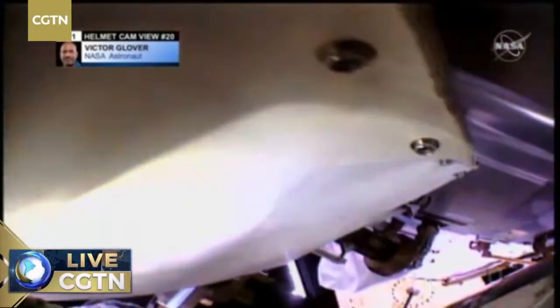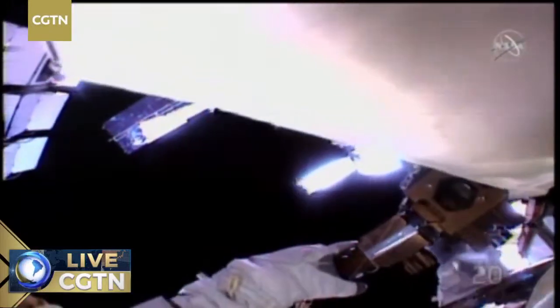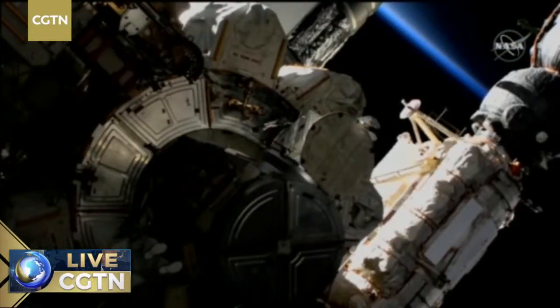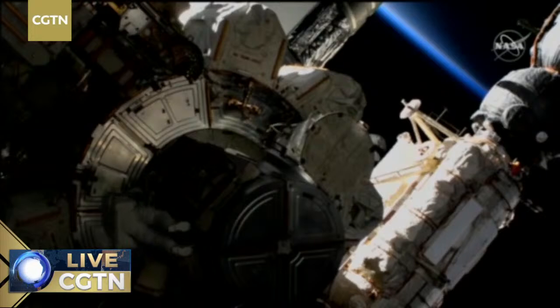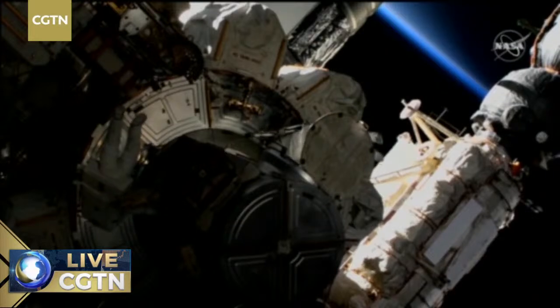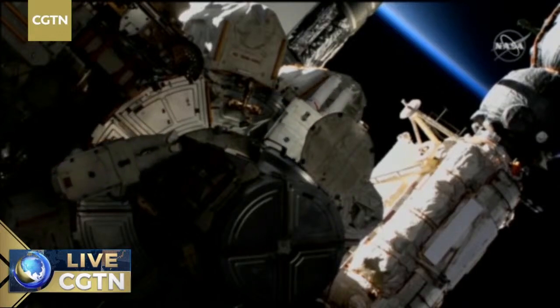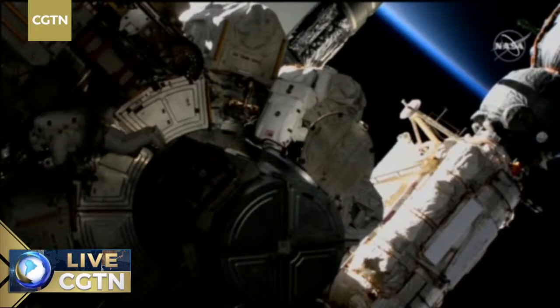This view is from Victor Glover's helmet camera. We'll be seeing astronaut eye views throughout the day today, and you'll be able to distinguish whose is whose by that number in the bottom right-hand corner. Victor Glover's camera is marked with the number 20, and Hopkins has the number 22. All right. Awesome, I've got the APFR only on my BRT, and I'll be standing...